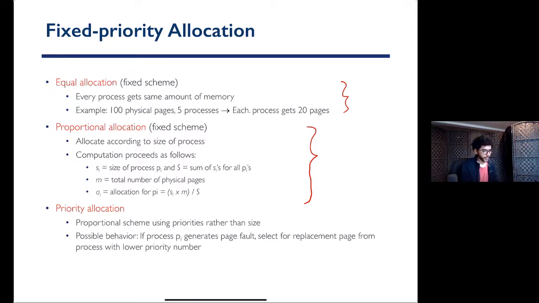I guess I'm actually talking about this one. So this is the priority one. So that's one. Or you could do it based on how much they consume, how much memory they need, and then you allocate in proportion to their needs. So that's another thing, right? So this is basically allocation according to the size, where I can just see how many